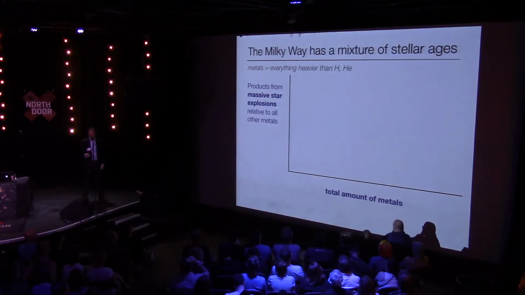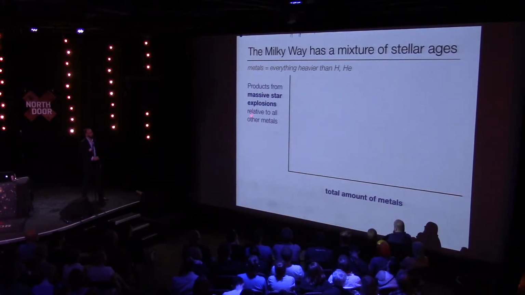Okay, so if we look at the Milky Way, one way we can try to do a diagnostic, really study the fossils in the Milky Way, is study when those products from the massive star explosions come out. So remember, the massive star explosions are happening very, very early. And all the other metals are coming out much later, okay? So if we want to look at when the massive star explosions happen relative to when all the other metals come out versus when everything is produced, we can just imagine taking a box of hydrogen and helium, allowing it to form stars, and asking what will happen.